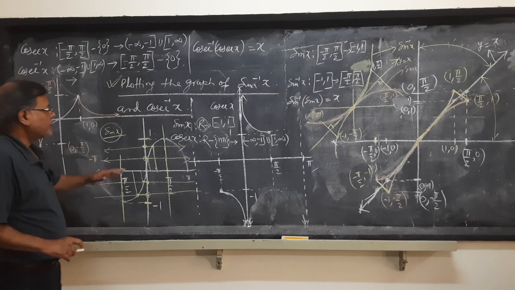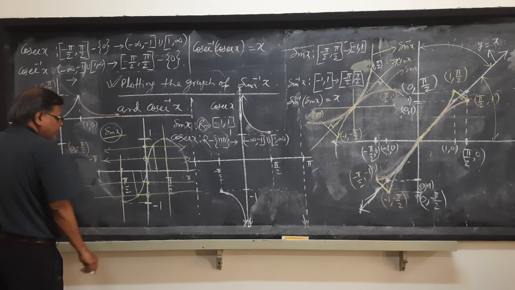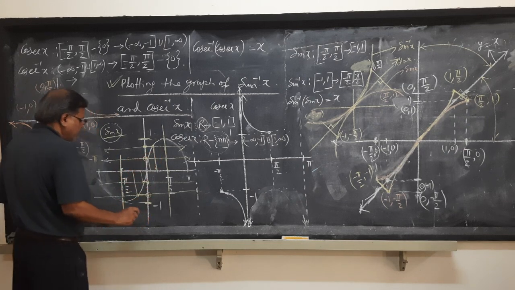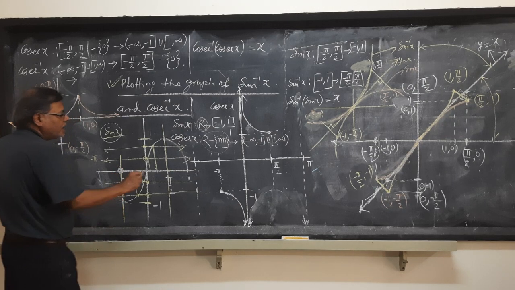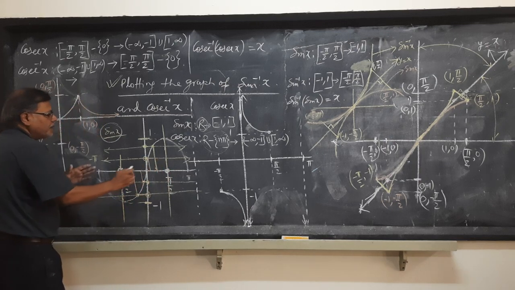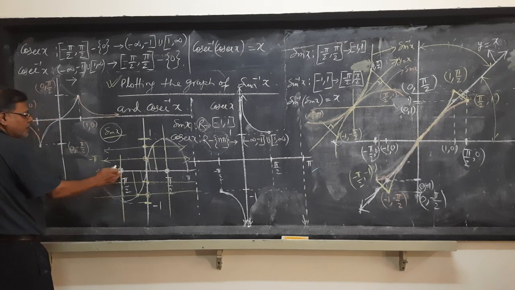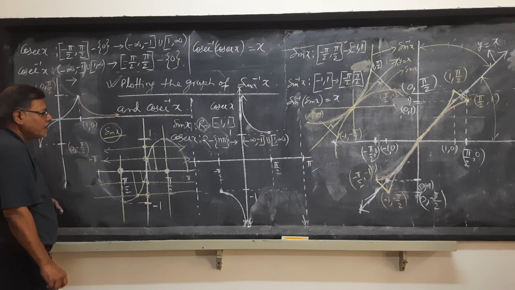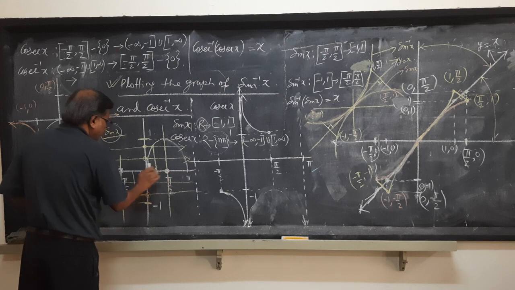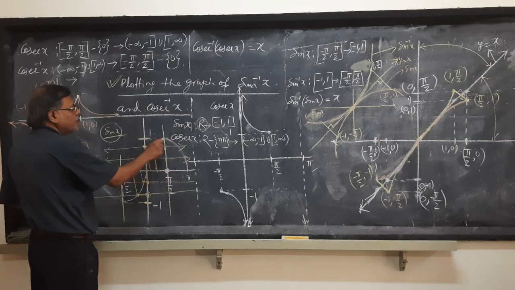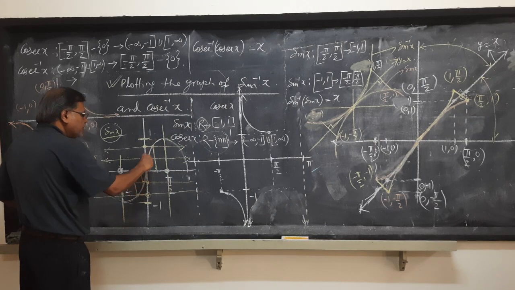So in both the cases, whether it is sine x or cosec x, I have drawn the diagram. I have plotted the graph for sine x only up to -pi/2 over here and up to pi/2. I am not going beyond this pi/2 ahead and beyond this -pi/2 at the back. So if we restrict our domain between -pi/2 to pi/2, the graph will be restricted only up to this. I hope the point is clear to all of you.